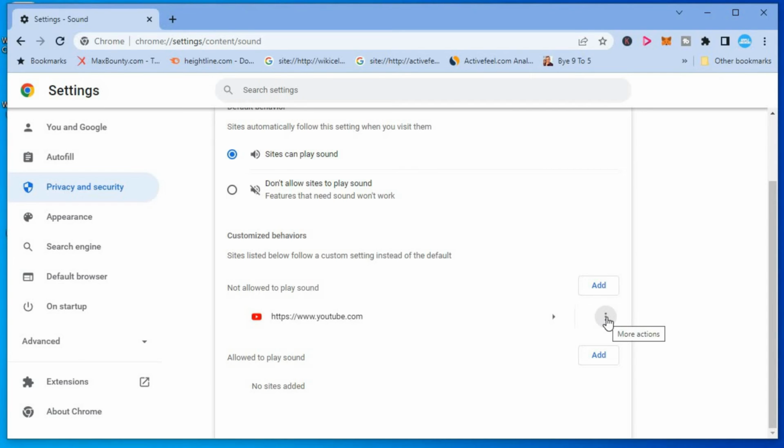You're going to tap on the three dots beside YouTube. Then you'll tap on Remove. And that's it. Once there are no sites right here where you see not allowed to play sound, that will